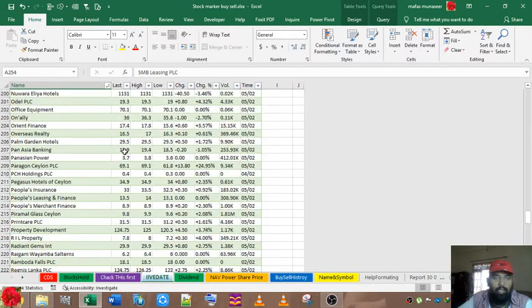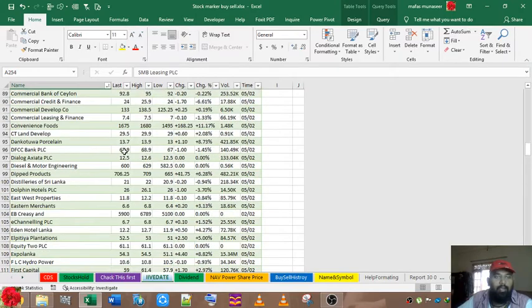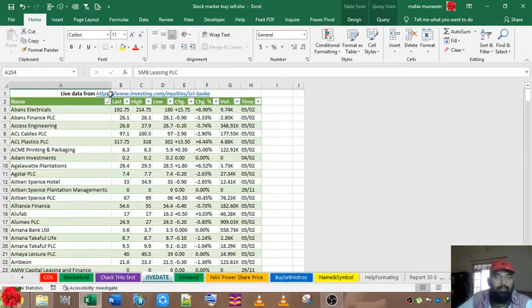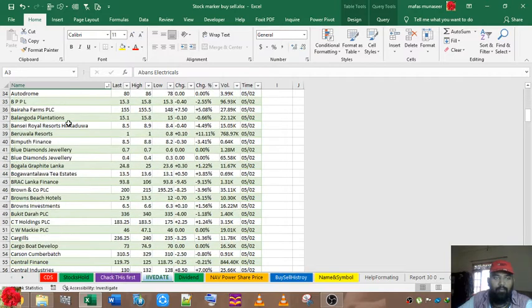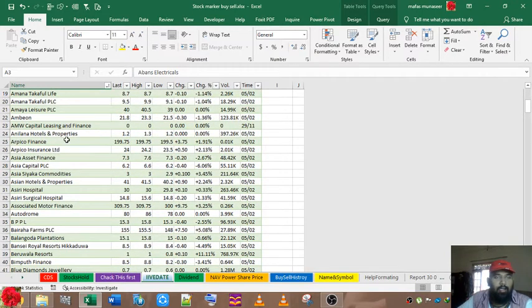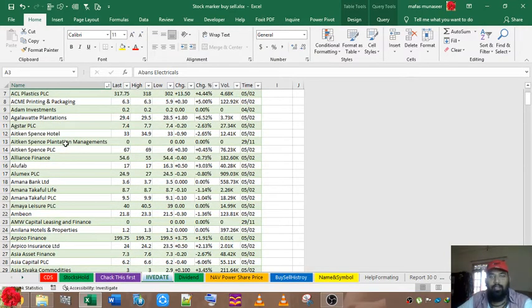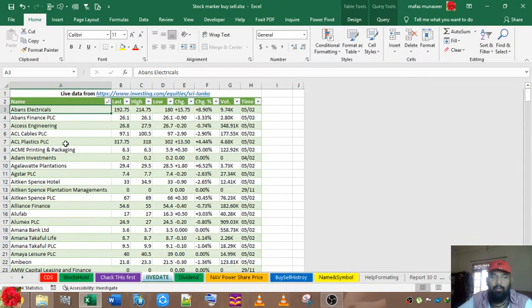I'm getting all the live data from a website called investing.com, so I directly link to investing.com for live updates. Unfortunately I can't directly link to the CSE website, and I don't know why. Maybe it's a compatibility mode issue or something like that.